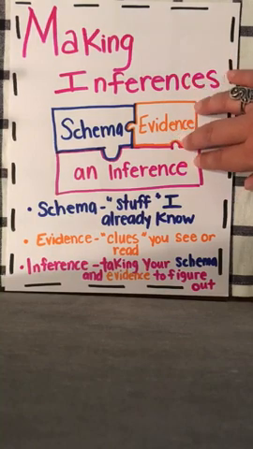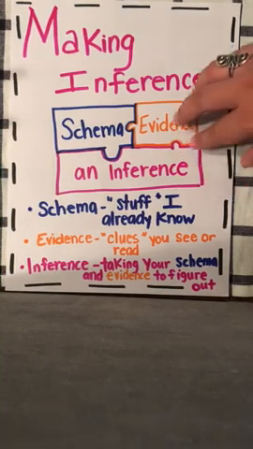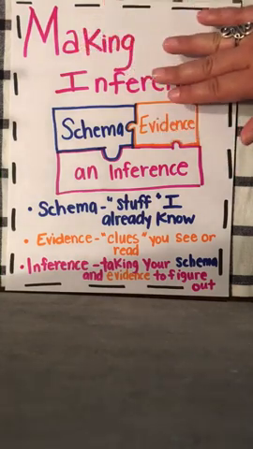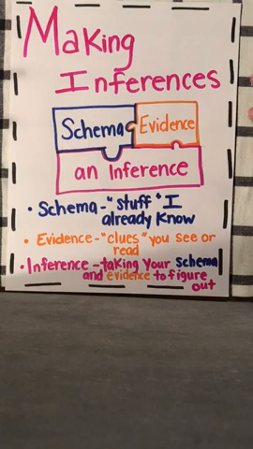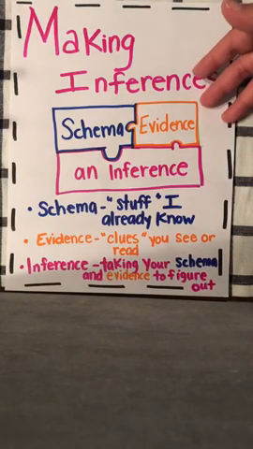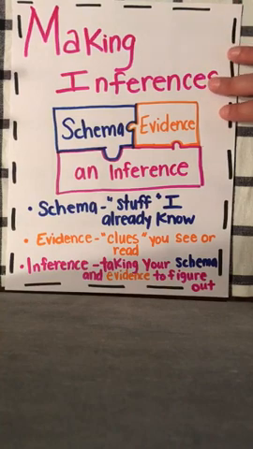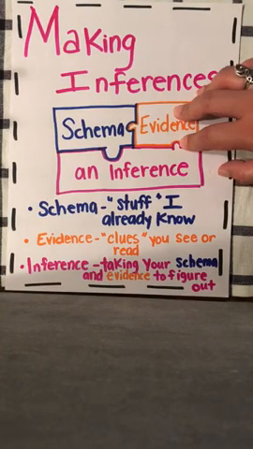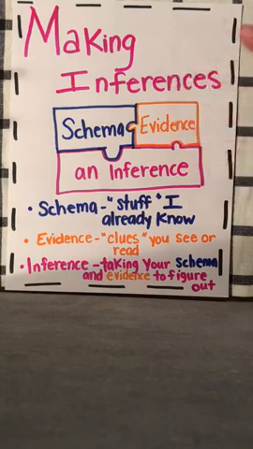Is it okay if your inferences aren't always correct? Of course it is. But what good readers do constantly is read a book and make inferences. That is how we become amazing readers, okay? Just because the author doesn't tell us everything, we can make inferences about anything that we read. You can even make an inference about what a story might be like from the cover of a story.